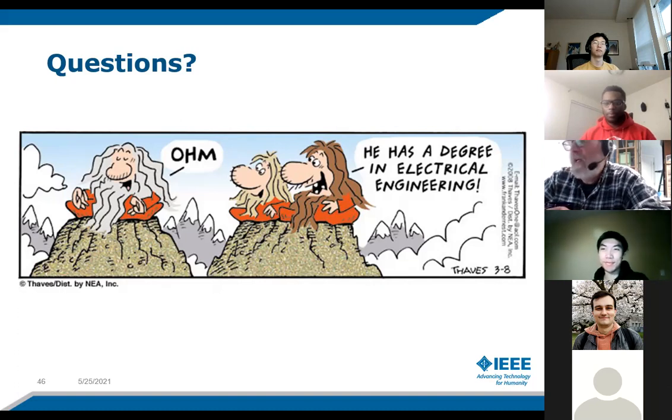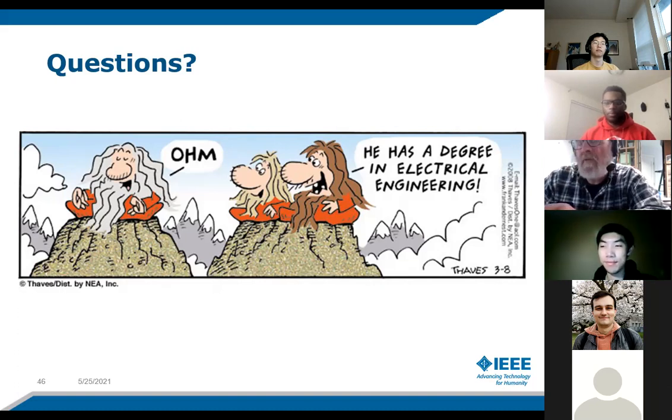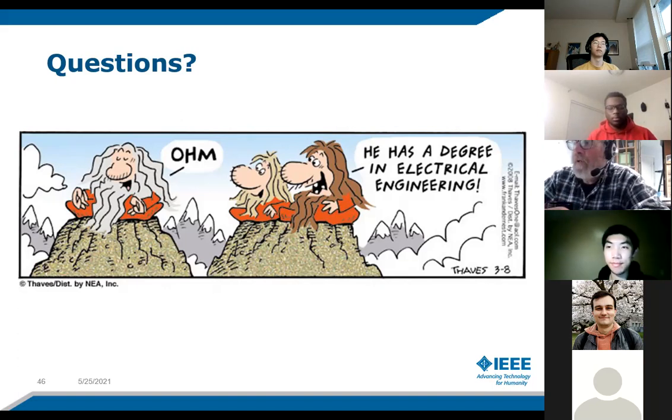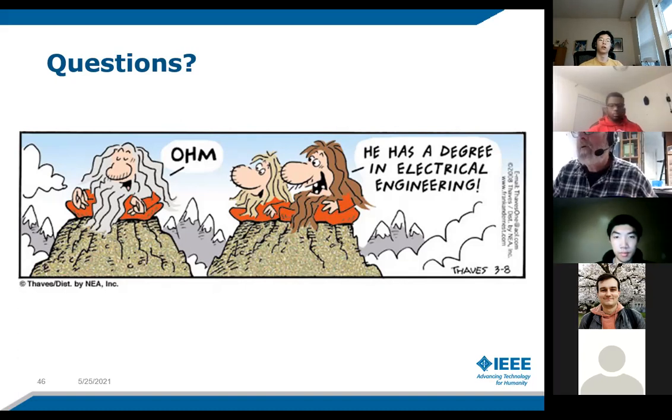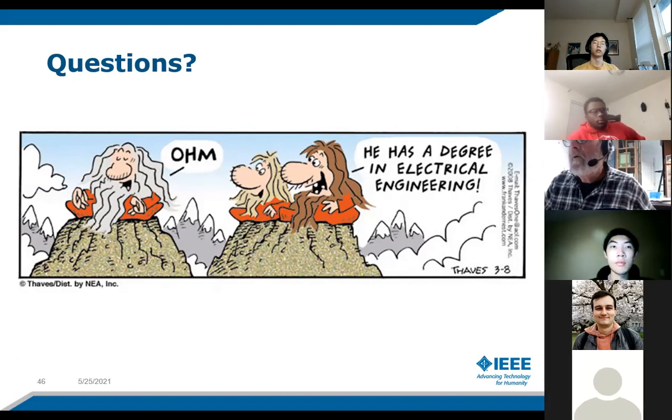So I need to send the PDF of this presentation and the PDF of some of those articles to you, and then you can put them wherever you put them. Well, would it be all right if you posted it in our Discord then? I don't see chat in front of me, so I can't post it in chat. Oh, there's still chat here. So you said something about shareability. How does that work again?